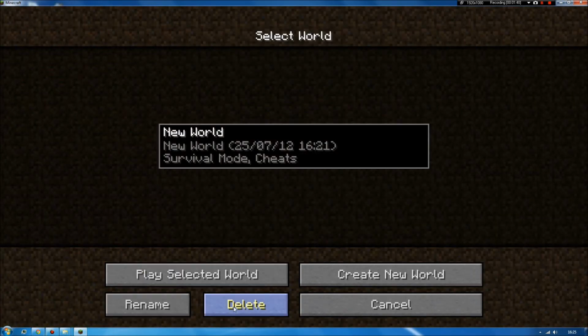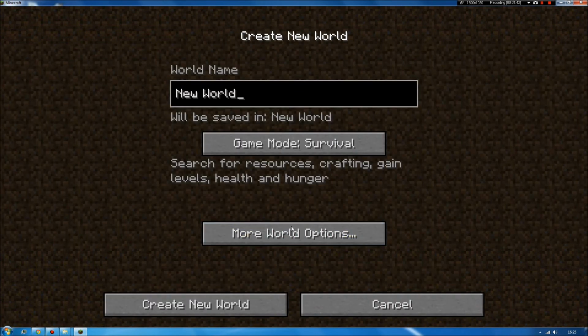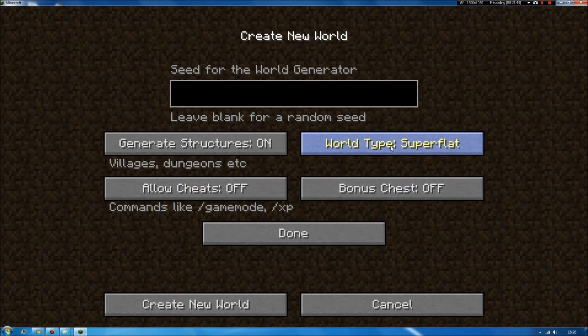And then you go single player. You create a new world. There's a few more world options, like we've got super flat, large biomes. Yeah, so large biomes is